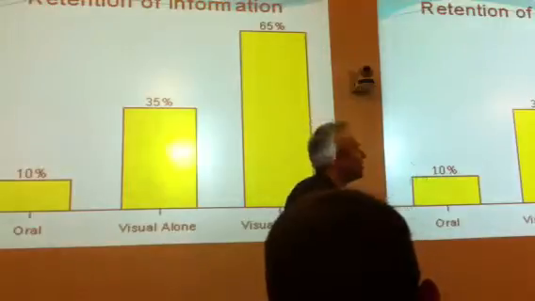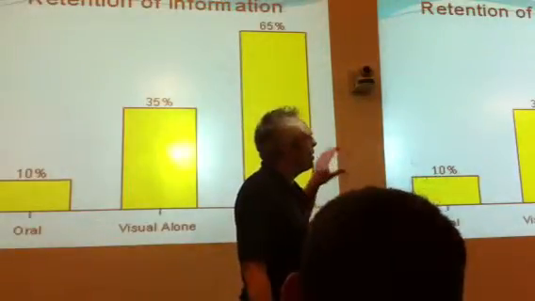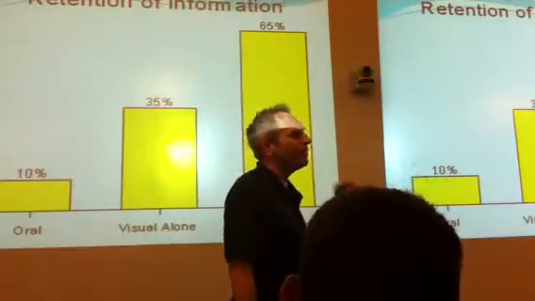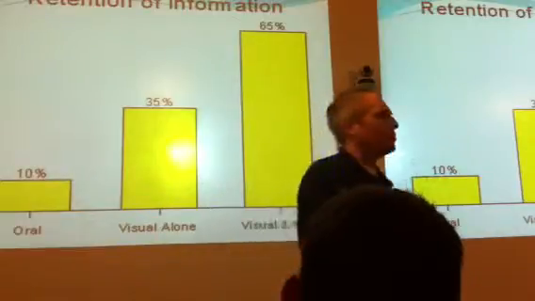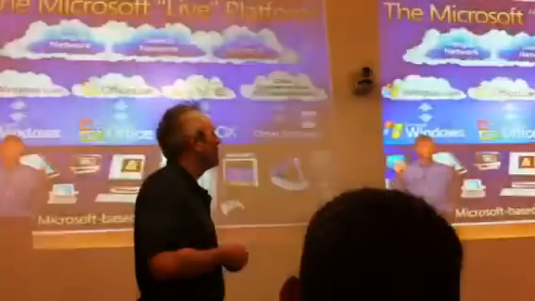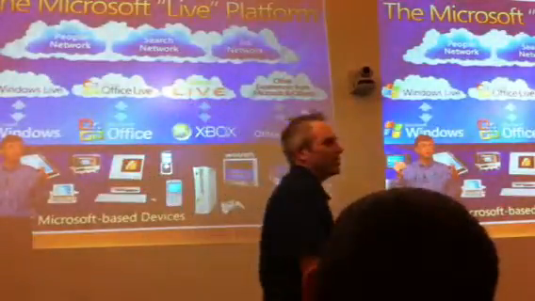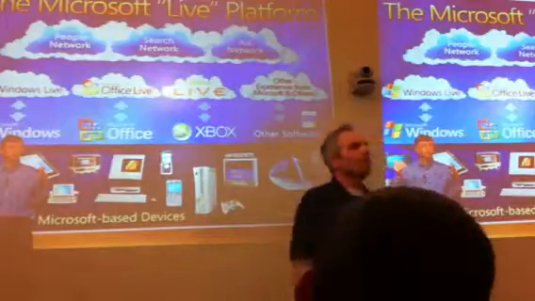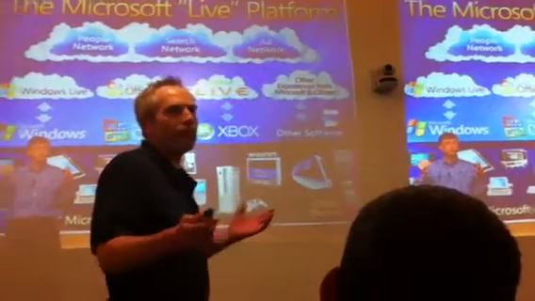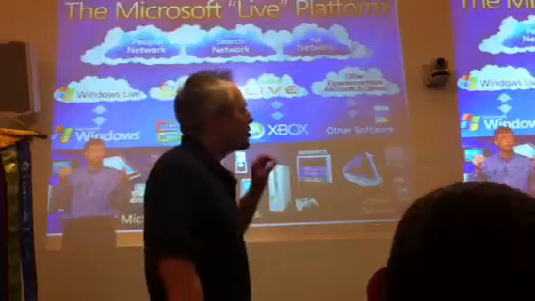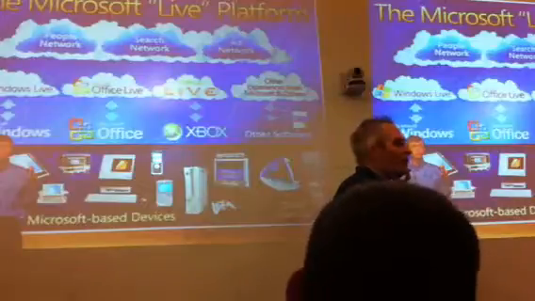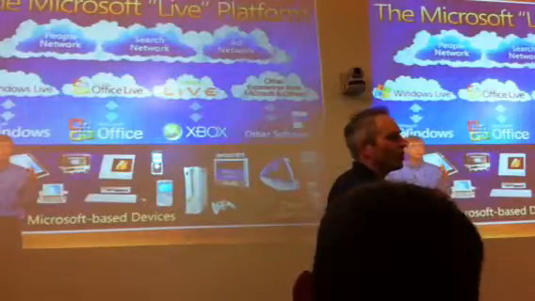Okay, I want you to take a look at this slide too, and it segues into my next part. You can see how simple it is. You want to keep it simple. Visual aids need to be brief and simple. Now I'm going to show you some examples from actual presentations that I pulled off the web, and I want you to compare them. Bill Gates here himself looks confused. Here's a slide. Look at the amount of information on that slide. I think it has something to do with cloud computing, but there's just too much information. You want to make the slide have short points on it or one message so you don't confuse your audience.